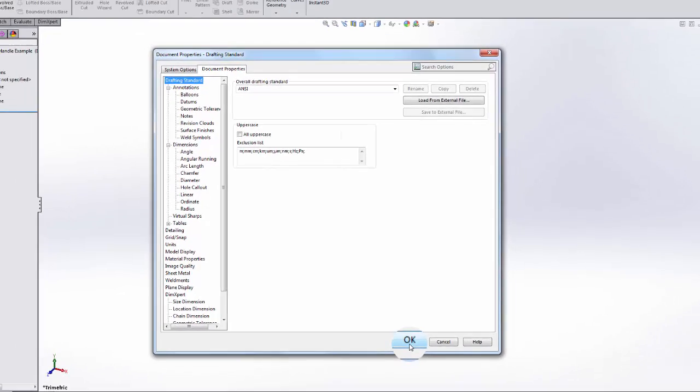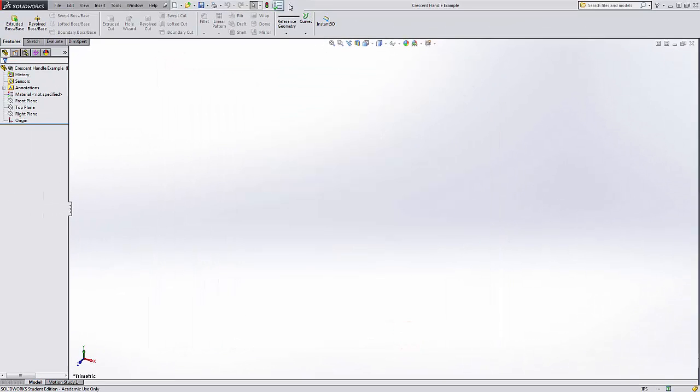So that again is going up here to options. Click here, you can go options, you can customize, you can put some other things there if you want to. Okay, now that we have everything set up for our document, for the crescent wrench,